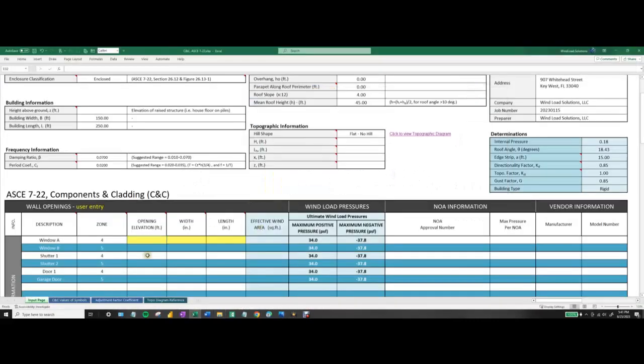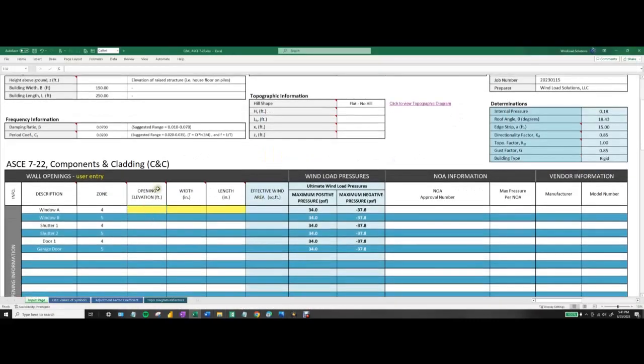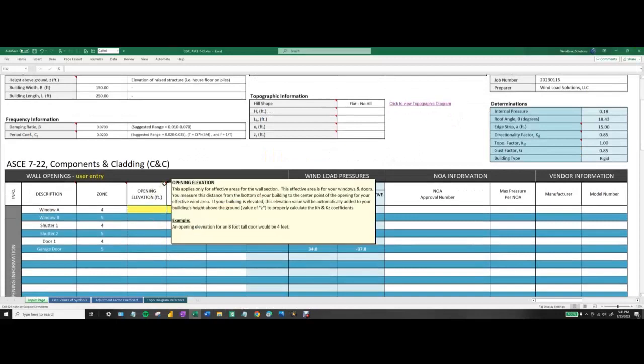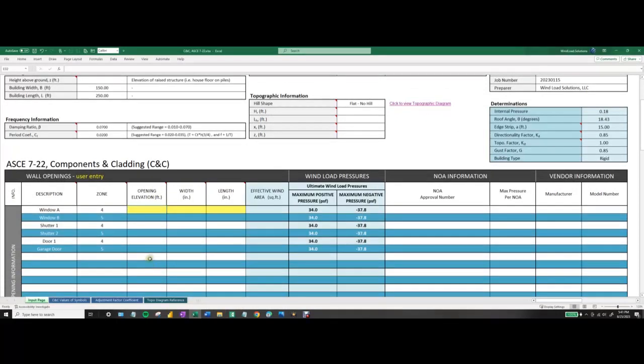So let's just minimize that. And then we have open and elevation. So we also have the note here. What you want to do is you want to measure to the center point of that window, shutter, door. Okay, so let's say window A is measured, and it's measured from the ground, right? From grade. So the ground to the center of A is in feet, and say it's 5 feet. Let's say B